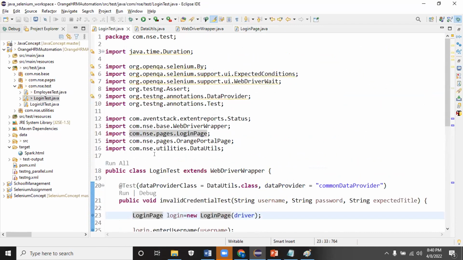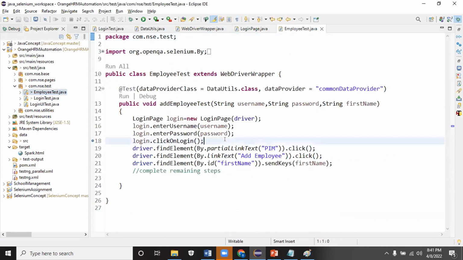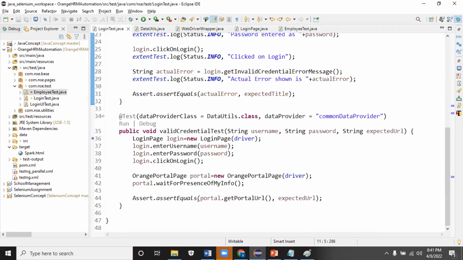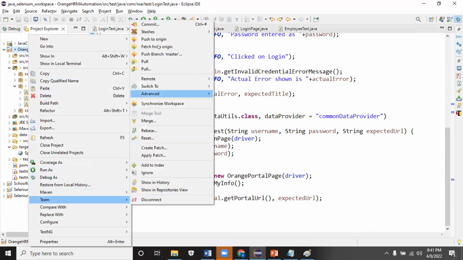There are unwanted packages. To remove unwanted packages, press Control Shift O. If you do, you can see the test method reduced with lots of code. Control Shift O will remove the unwanted packages. Understood. Okay. Let me push it till this,